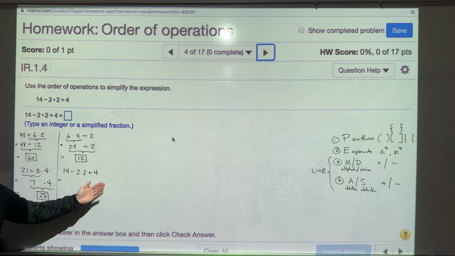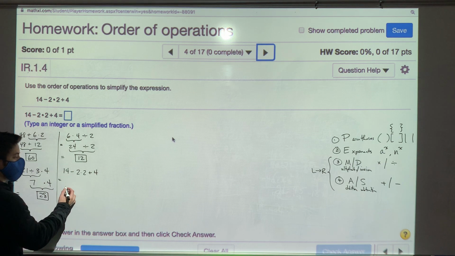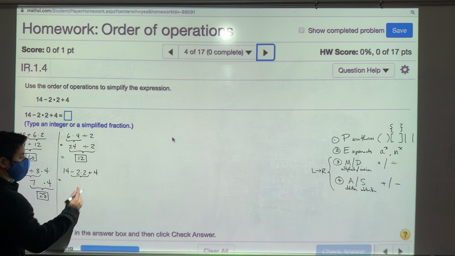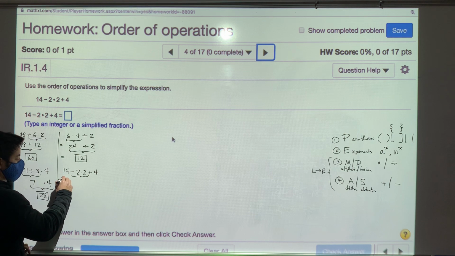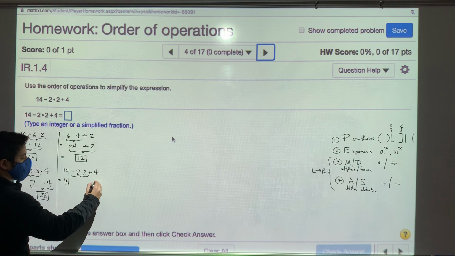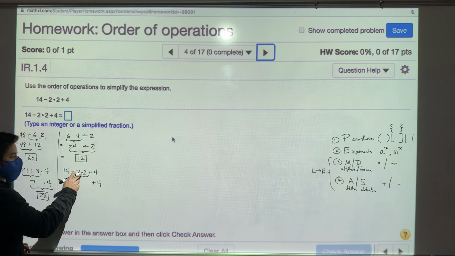No, there is not. Exponents? Nothing. Multiplication and or division? Yes, we have multiplication right in the middle. So that would get taken care of first. Now we don't have side-by-side stuff like we had here, but in the event that we did, we'd work that left to right. So we ignore 14, we ignore plus 4, and we just focus on the negative 2 times